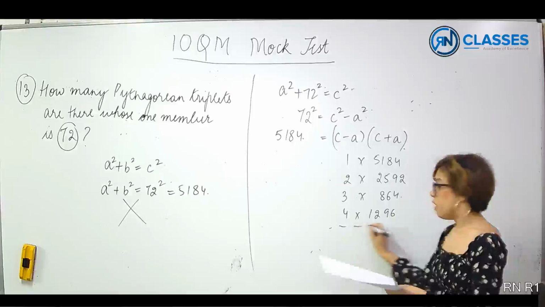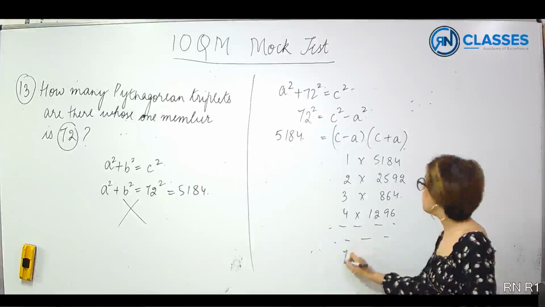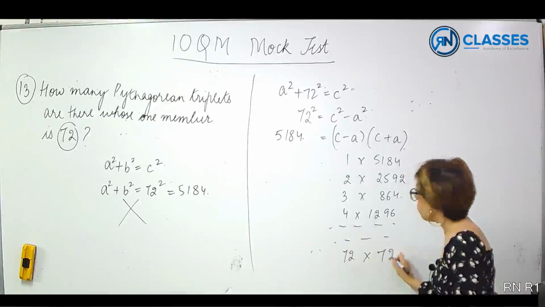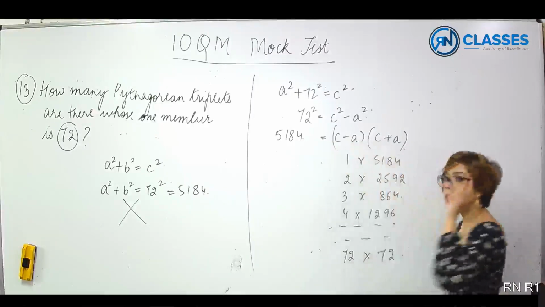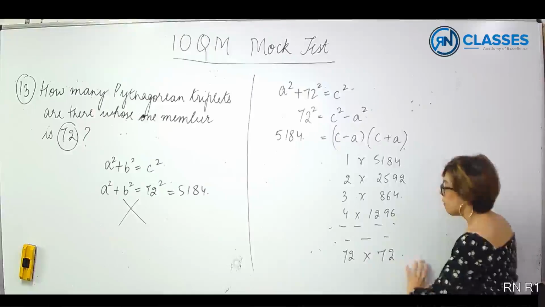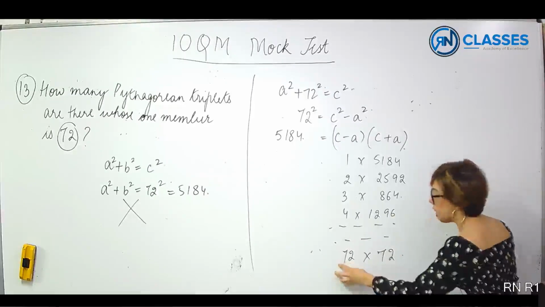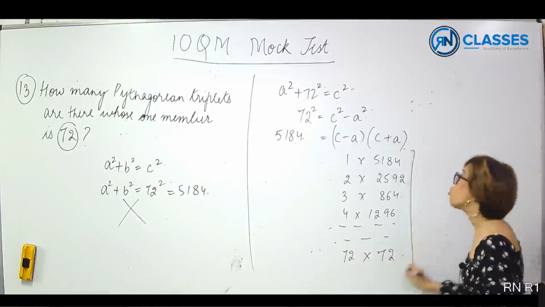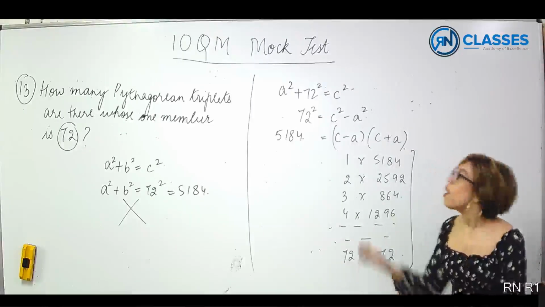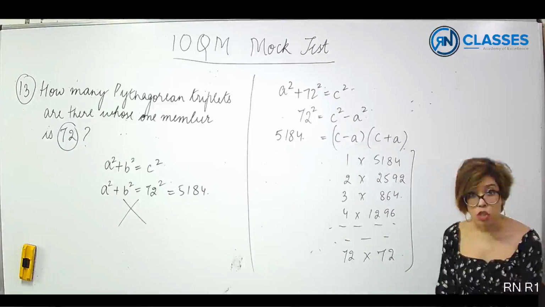Right? So on, you will reach up to a point of 72 into 72. Right? Further, you do not need to check because obviously c minus a has to be the lesser of the quantity. If you go further, this will become larger, this will become lesser. So I will not check it. Right? From these, you just need to choose the appropriate option where a and c both are integers,